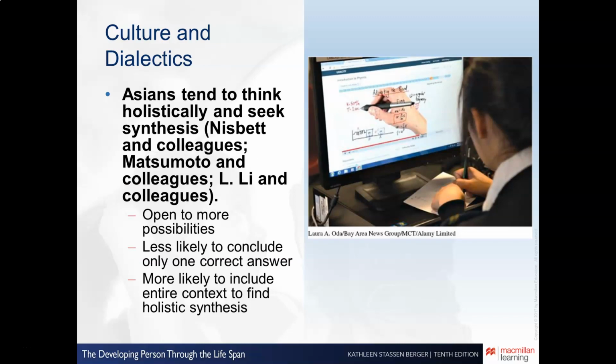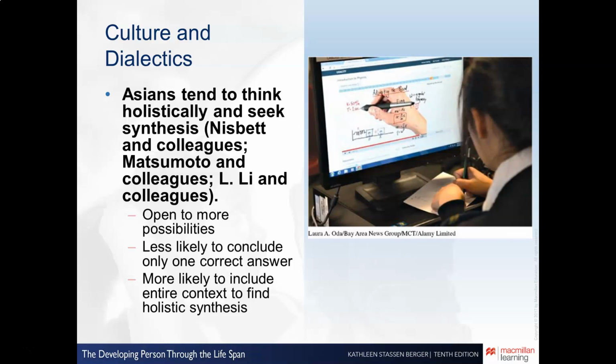So as we were talking about dialectics or dialectical reasoning, one thing to keep in mind is culture. One's culture greatly influences types of dialectical reasoning. They mention here that Asians tend to think more holistically and seek synthesis. That makes more sense because, as we've determined in previous chapters and other psychology courses, Asian cultures tend to be what are called collectivistic cultures,